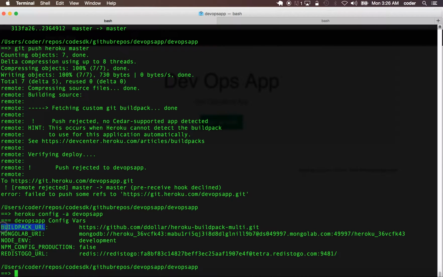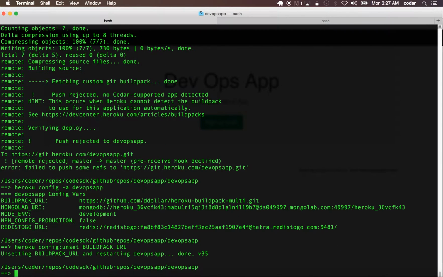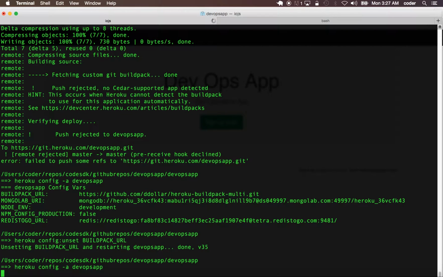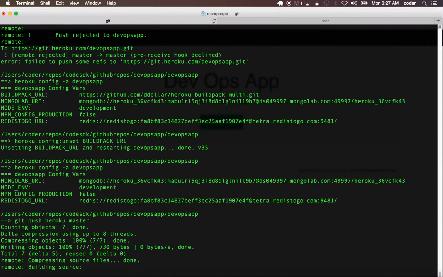So we can unset it by saying heroku config:unset BUILDPACK_URL. Now if we check our config, that's no longer there. Now if we do git push heroku master,